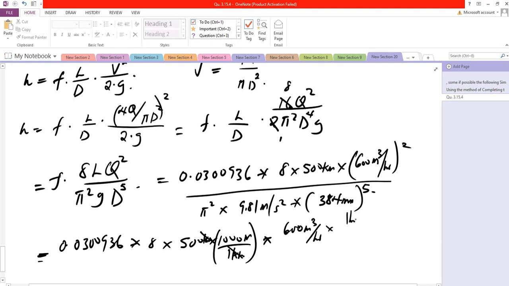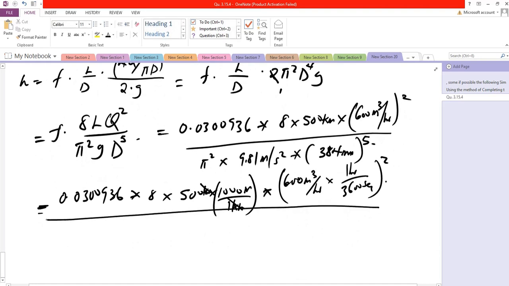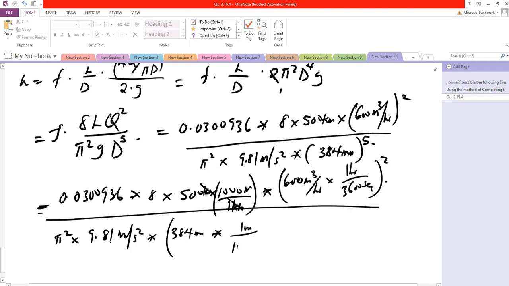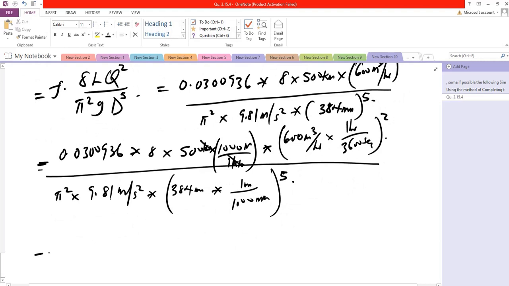So now 1 hour is equivalent to what? 3600 seconds, all squared. You now divide, 3600 seconds, sorry. Now you have pi square times 9.81 meter per second square times, changing this 34 millimeter to meter. So you have 1 meter is equal to 1000 millimeter, raised to power 5. Now we will have this to be